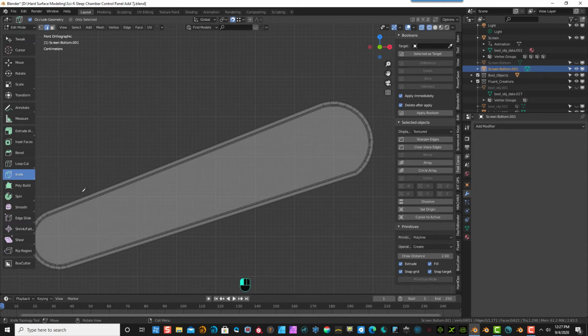Okay, so now what I'm going to do is add some more detail to this. We use the knife tool. So we actually hit the Z key to cut all the way through, otherwise it'll just do the front faces. So I'm going to continue to cut through sections. So I click one time and pull it down, so that way it's a line all the way through. I'm going to do this in a few places to get some extra detail on this object,